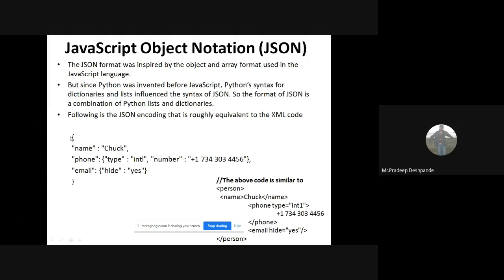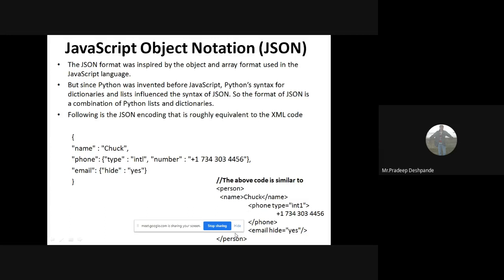This is JSON data. It uses curly braces. Name equals check. Phone, again it's a dictionary, its type is int1. Number is here, and email is there. Hide, its value is yes. So this particular code is similar to our XML code. This one is our XML code.